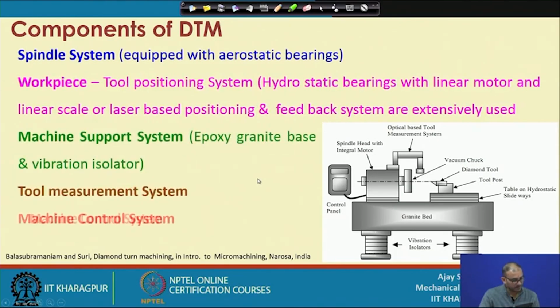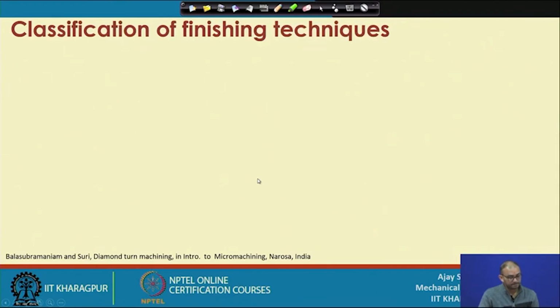This is the same slide. Now, classification of the finishing process. There are two ways you can classify the finishing process. Why are we talking about the finishing process here? Because diamond turning is also one of the finishing processes, where you can get a surface finish of less than 1 nanometer. So, that is why it is also considered a shaping and finishing process,